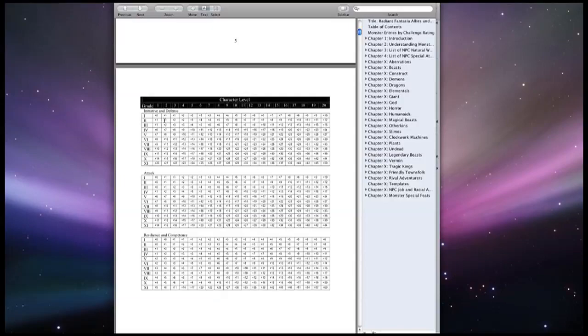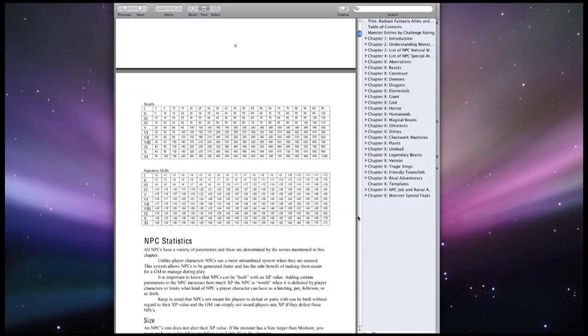As an example, let's say you want a kobold to have a defense of 3, and you want to do level 5. Well, he would have +4 defense at that level. But if he was level 1, he'd just have a level 1 defense. And that's basically how that system works. It's really not that...